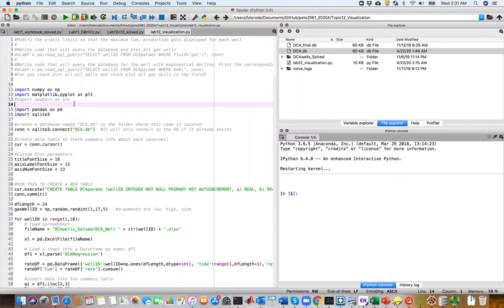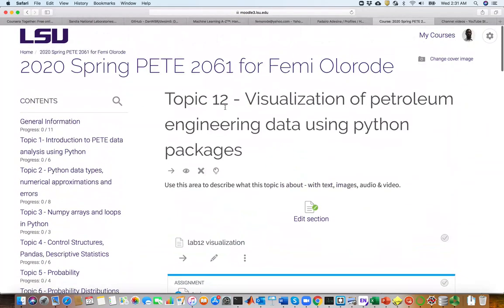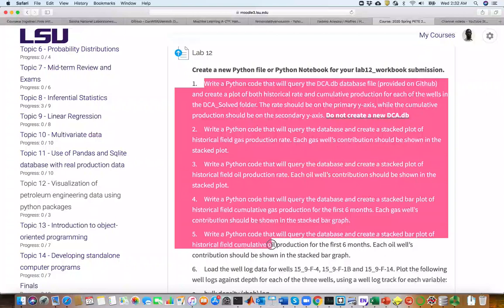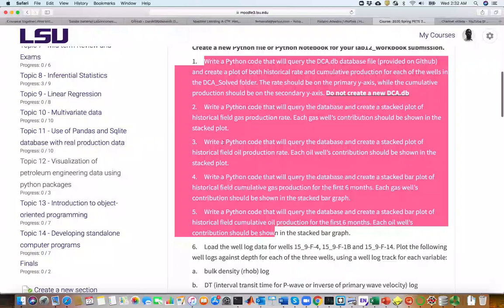Okay, so this is lab 12 and it focuses on visualization. This is the notebook I will be explaining, and the questions you're going to be working on are actually already here on Moodle for topic 12. So it's very much related to what I'm going to be explaining today. These are the questions you're going to solve, but you will see virtually everything will be discussed in my lab 12